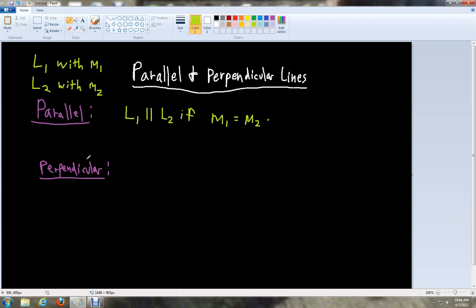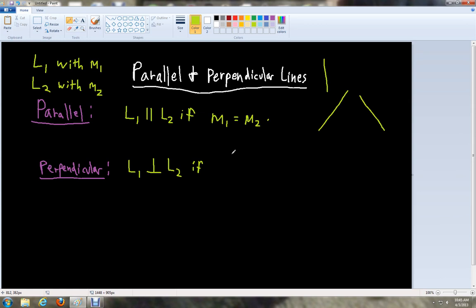Now on the other hand, with perpendicular lines, we're considering, of course, non-vertical lines. So any lines that look like this, that are of course not like this, going straight up or down. We'll say that line 1, L1, is perpendicular, there's a symbol for perpendicular, to line 2, L2, if